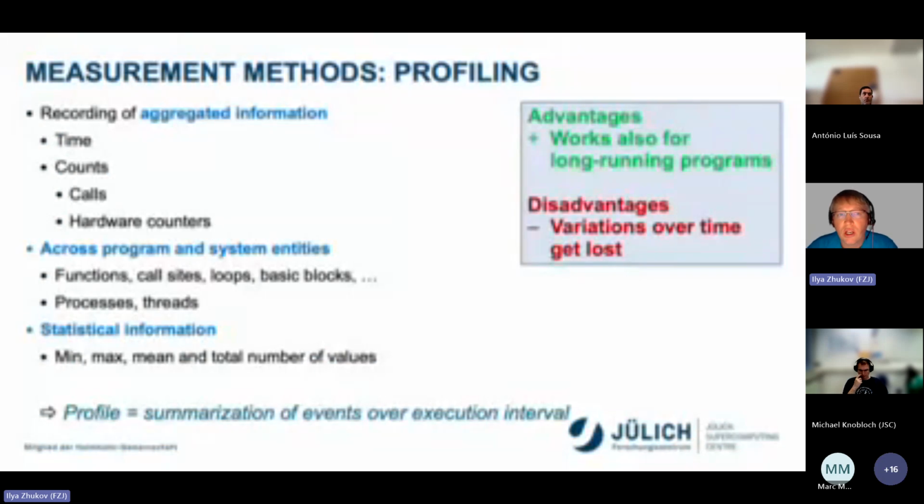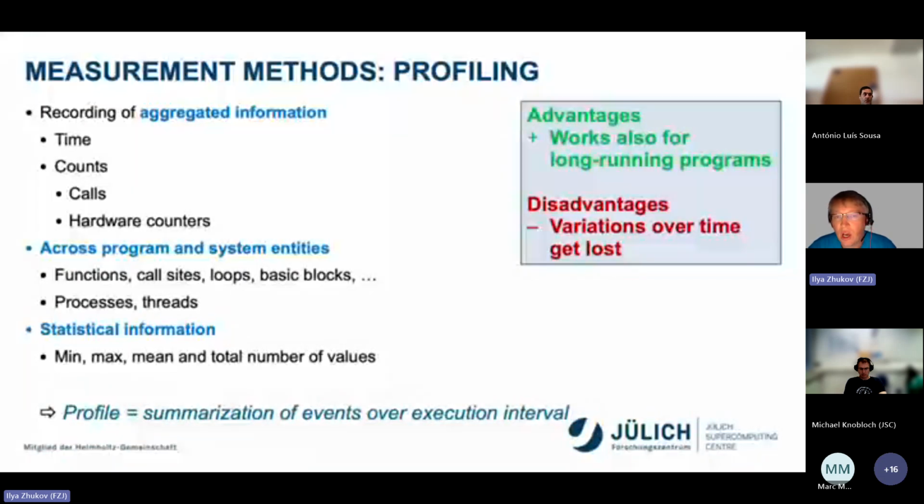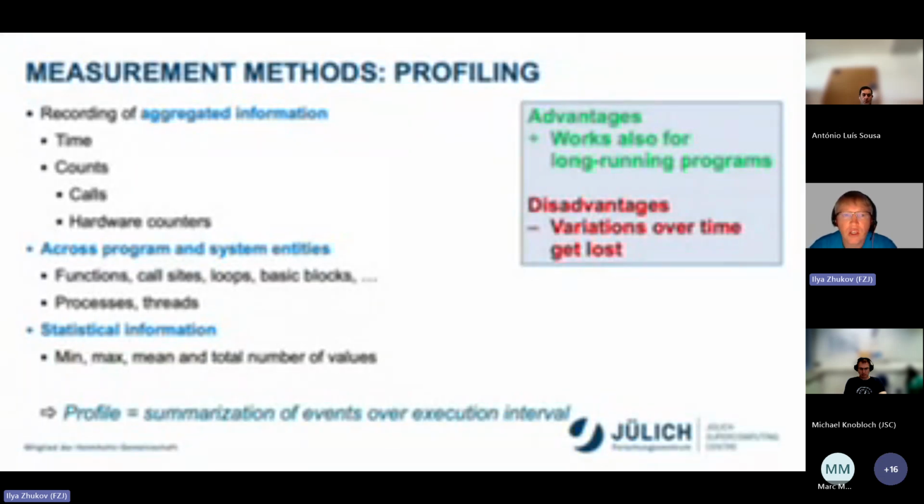Now let's talk a little bit about measurement methods. First is profiling. Profiling is the recording of aggregated information. What kind of metrics or information can be recorded? It's time and counts, for example time spent in a certain function, how many invocations of the function, hardware counters, cache misses, for example, and so on.